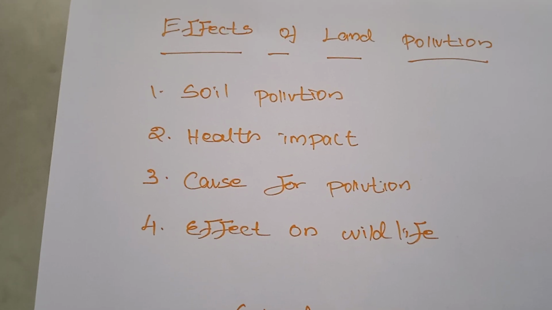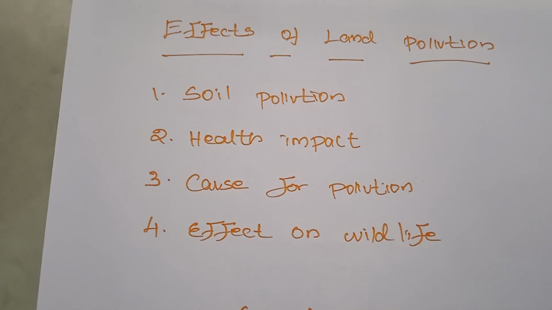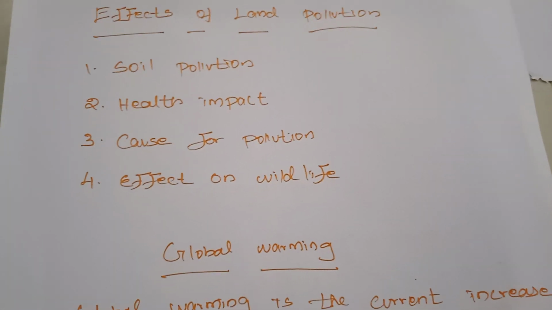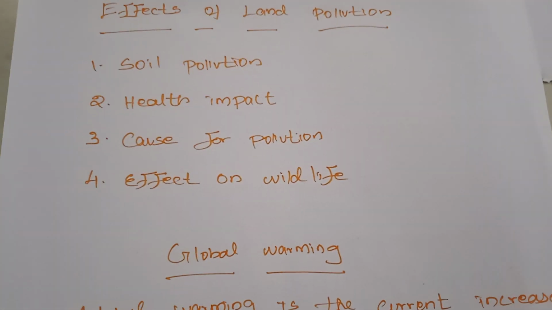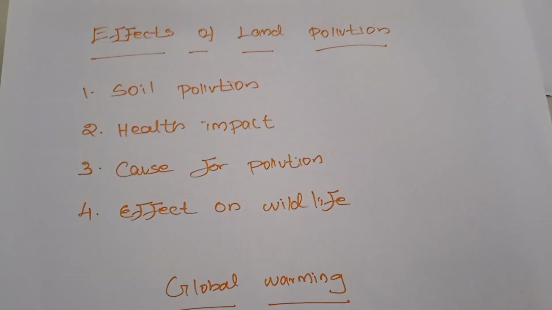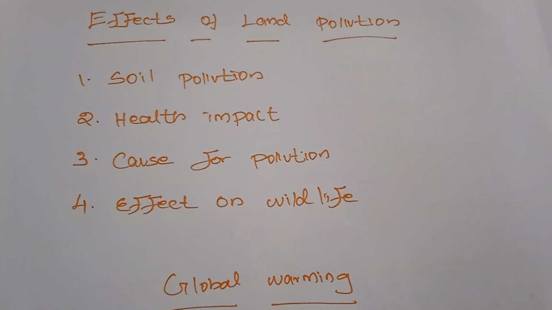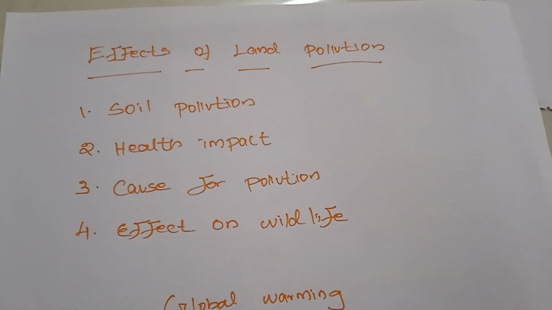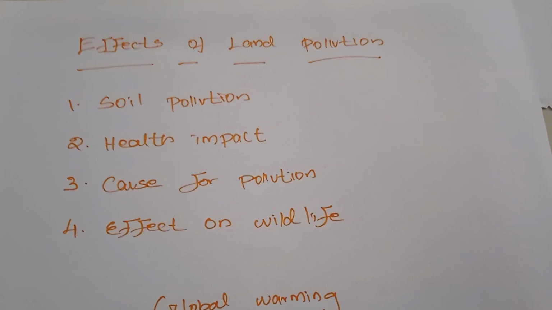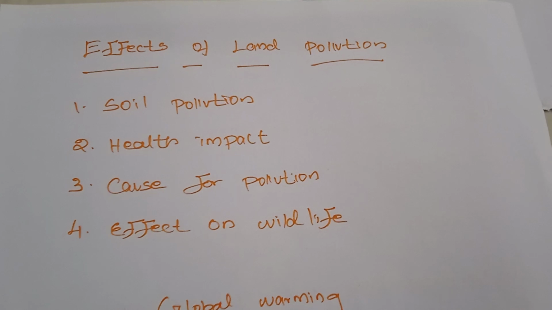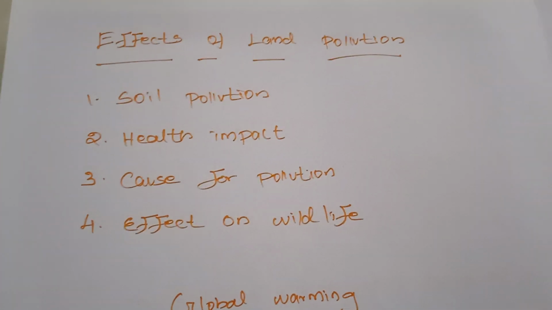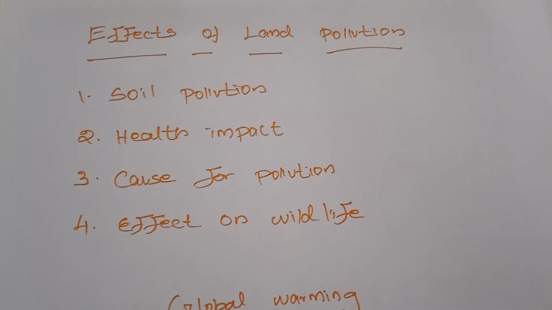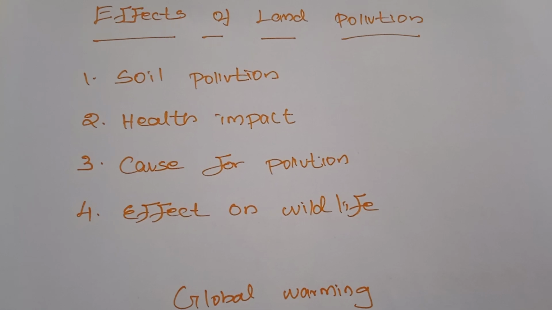This leads to loss of fertile land. Pesticides kill not only pests but also human beings. So when we use chemical fertilizers continuously, they will kill not only the insects, they will also kill human beings, and they will decrease the prosperity of the land. Normally we think we use chemical fertilizers on the surface of the land only, but the chemicals also affect the inner layers of the earth.